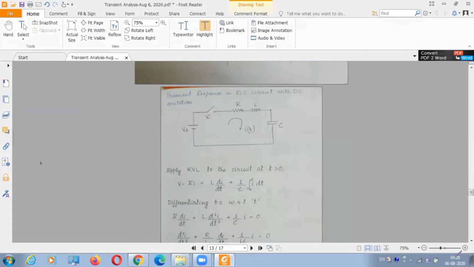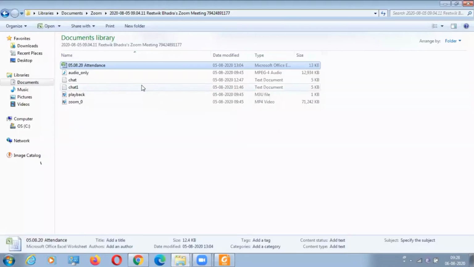I hope nobody is asking anything. And the Zoom meeting is 40 minutes, please remember, everyone. So you need to rejoin for the next 10 or 15 minutes again. Santosh, please write only your last roll number, last two digits. Gaurav Raj, only last two digits. Everyone, please follow this format which I am showing you again.